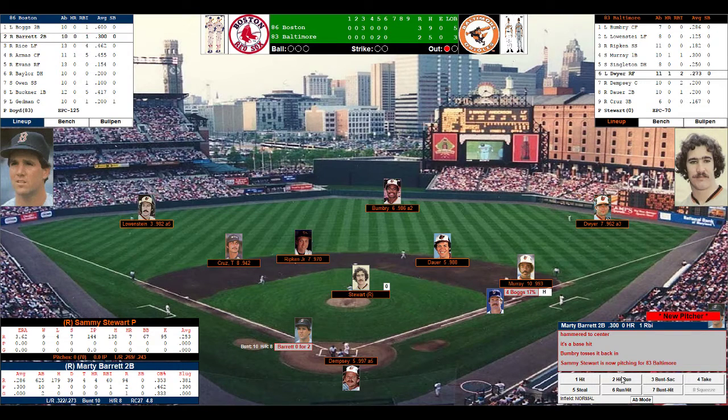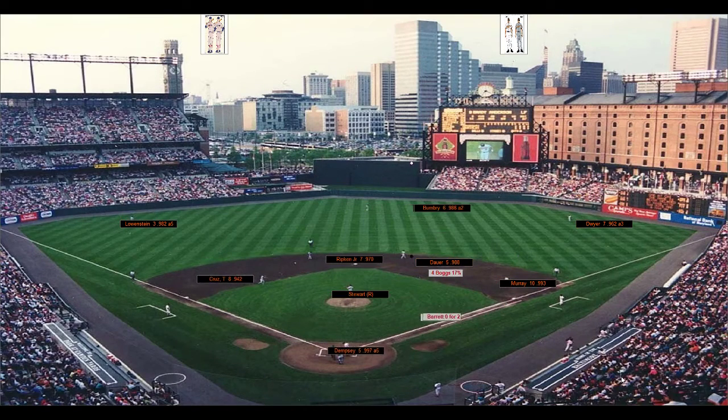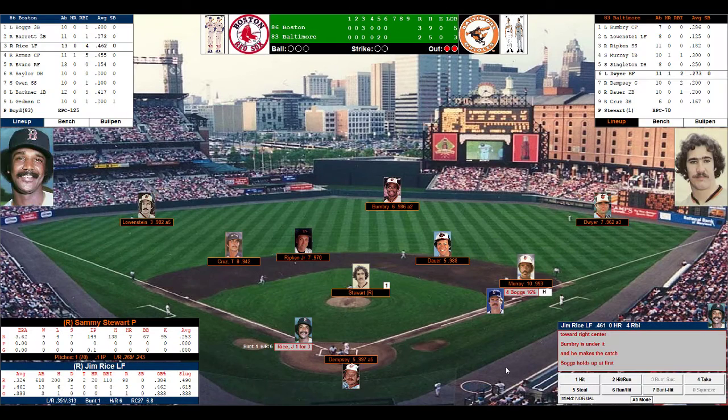And we're going to play hit and run here with Marty Barrett. Dempsey sets the target. Here's the pitch by Stewart. And Barrett swings. That's out there, but Bumbry makes the running catch. And quickly retreating back to first is Wade Boggs. Excellent range showed by Al Bumbry as he went deep to right center and got the out.